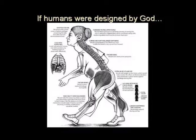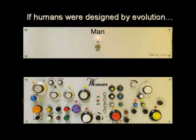If humans were designed by God or an intelligent designer, this is what we would look like. Instead, and I'll go through the details of that in a second, if humans were designed by evolution, this is what the case would be. And as you know, guys,